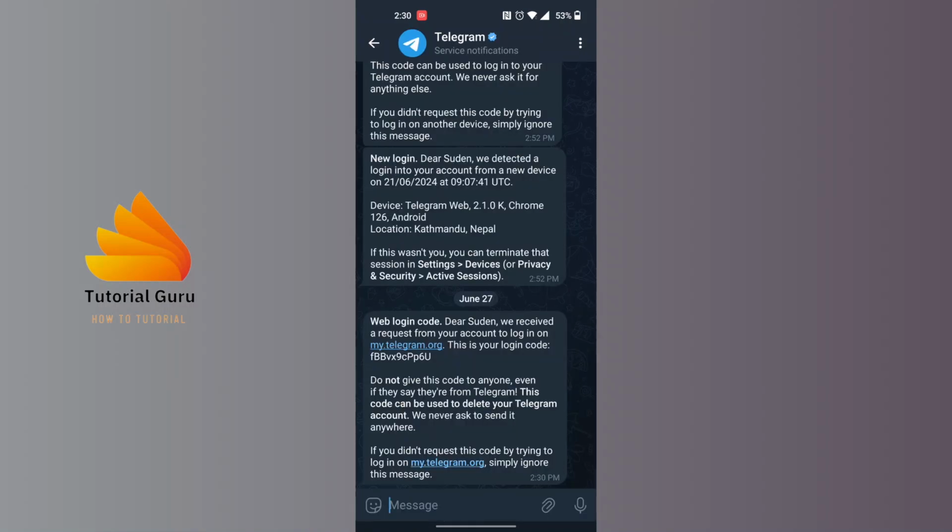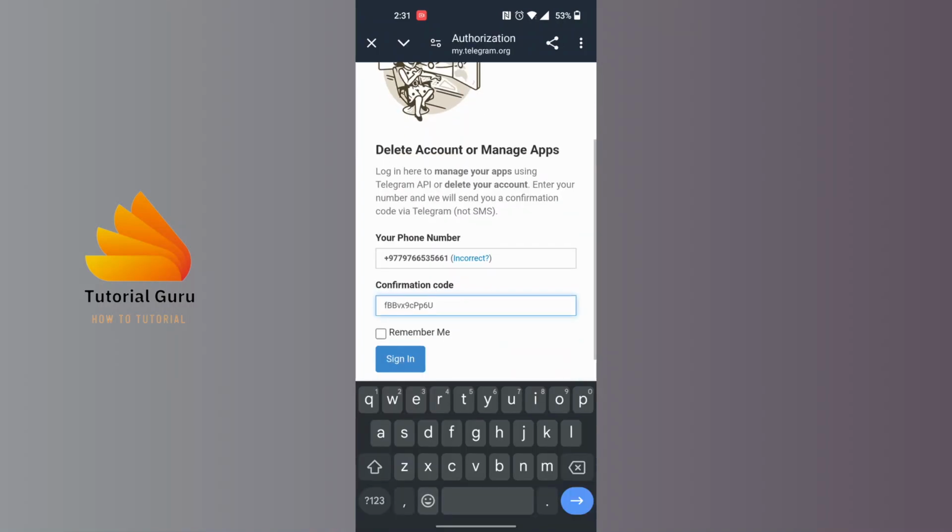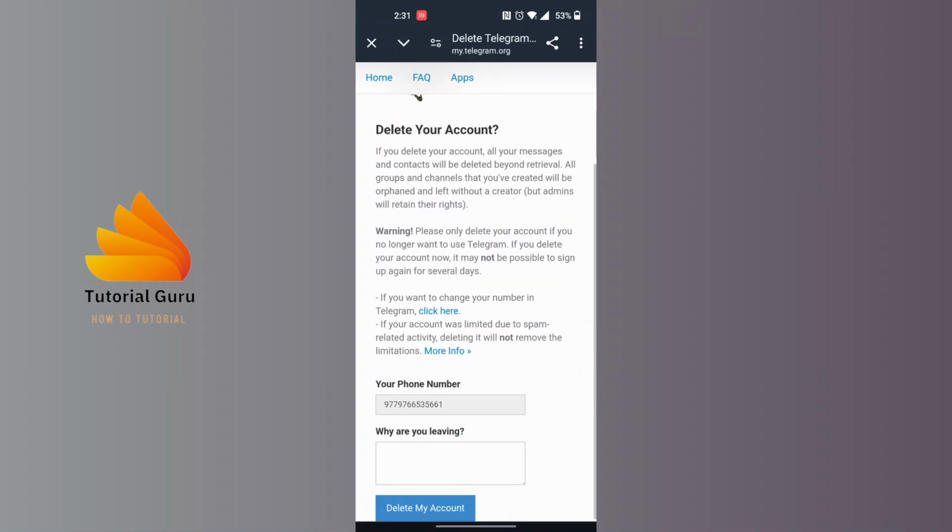And over here guys you'll be required to copy this code and paste it on the page or the browser you had just opened from the deletion page. So let's do that again, and after you have entered your code over here guys, which is the confirmation code, tap on the sign in button over here and you will be on this page where you will be able